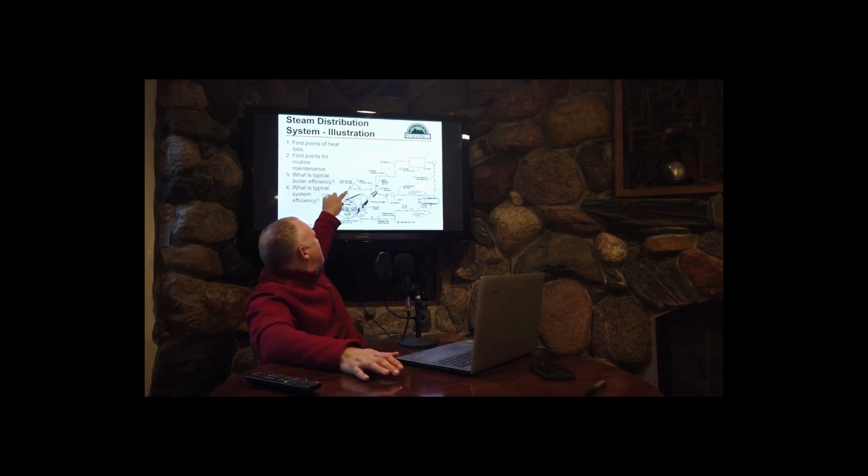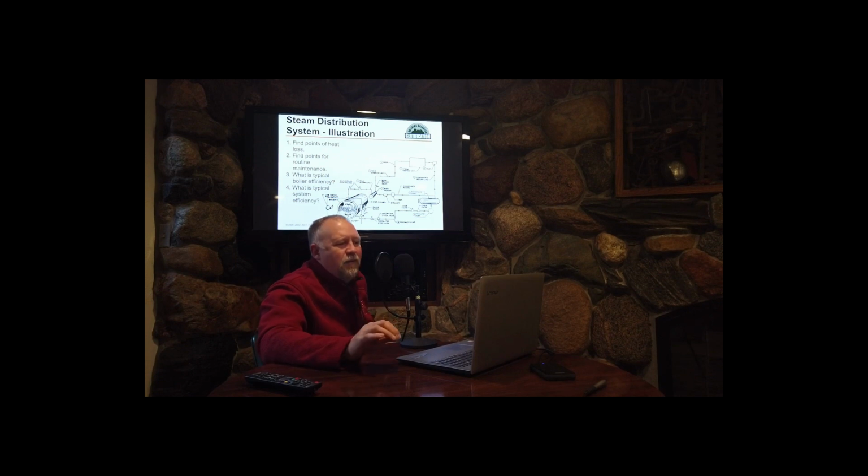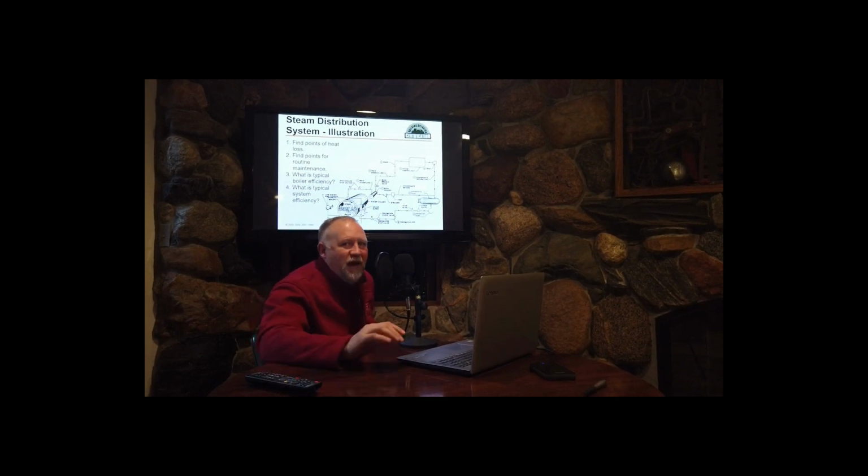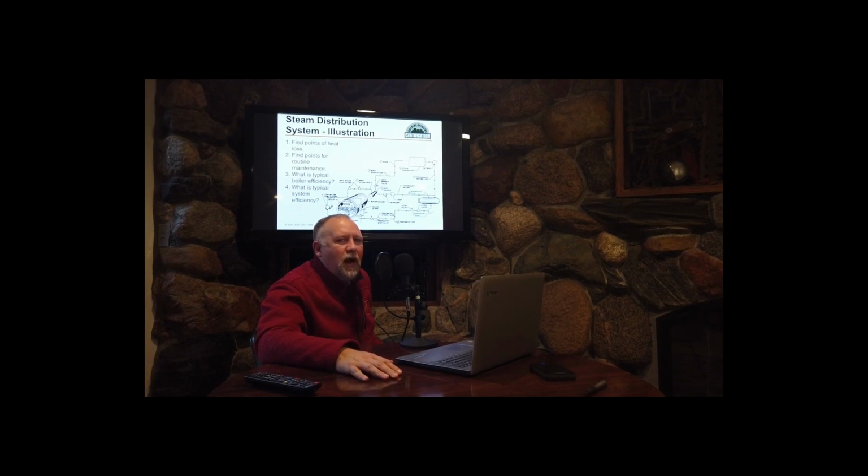See where it has the main steam line? That comes off of the top of the boiler. I want that steam to be pure steam. I don't want there to be any moisture droplets in it, because once it hits this main header, that steam is going to be moving really, really fast. I don't want any water droplets in that main header because, believe it or not, it's going to be moving